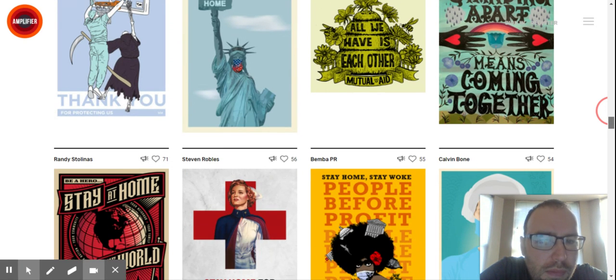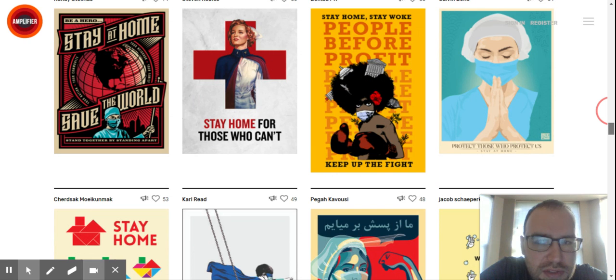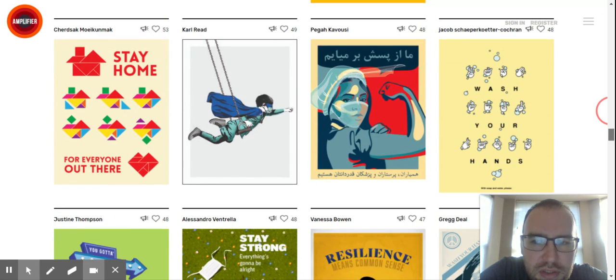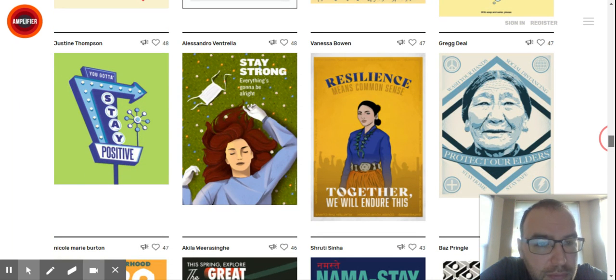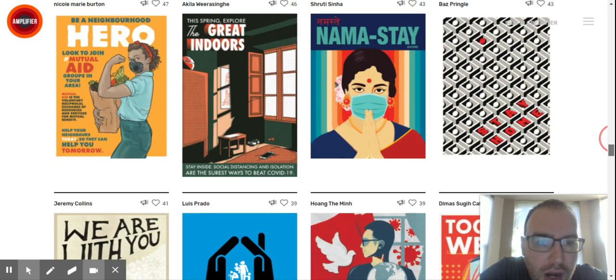We've got hearts and flowers. Okay, obviously flower symbolic of life. Even here, we've got these really simple things. We've got a heart and we've got a home. I think home would be a good one because we want people to stay quarantined. In this one using the hand sign language. That's pretty good. The soap bubbles. Okay.